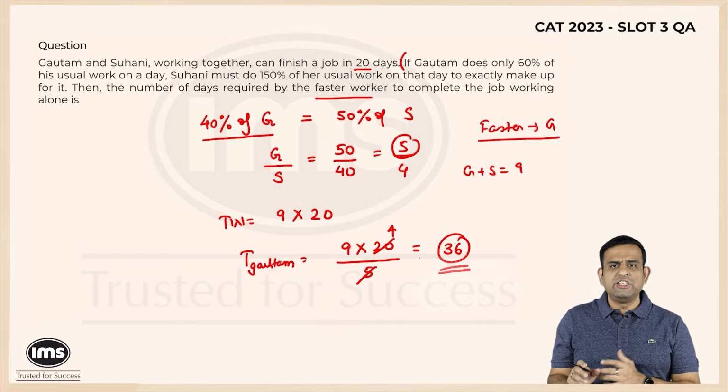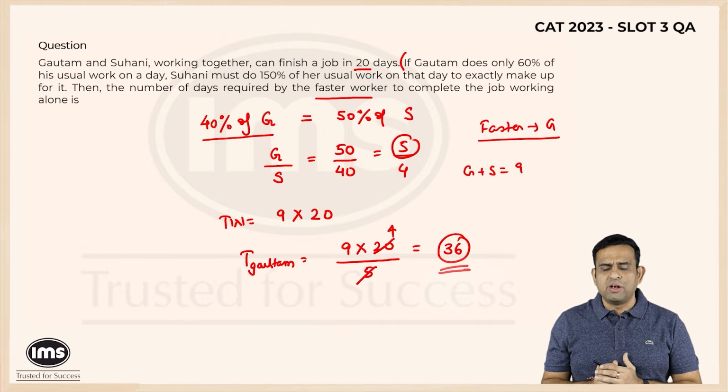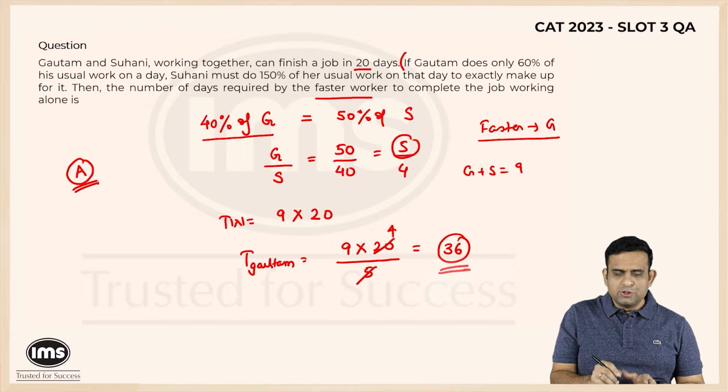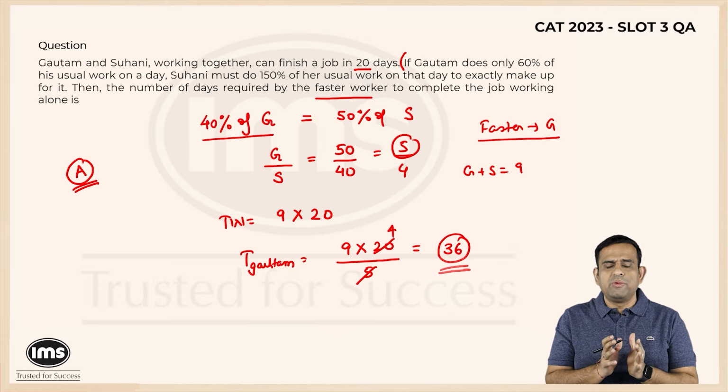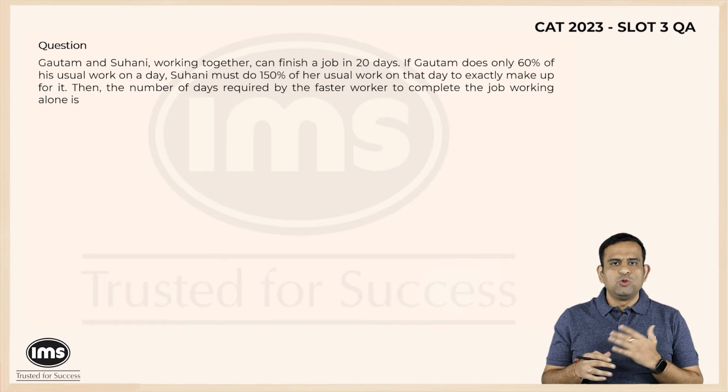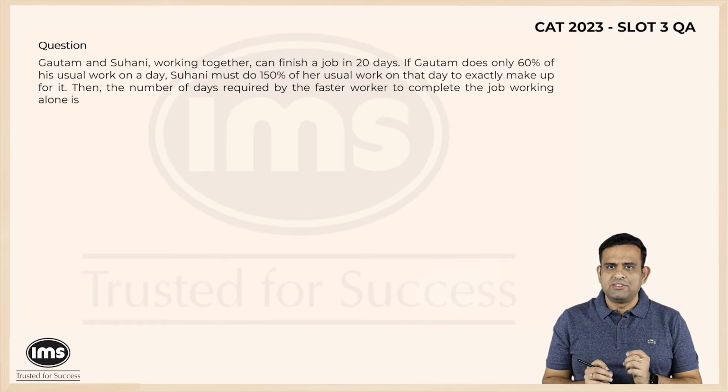So again, I would say a straightforward question on time and work, and this also I am going to call it as A category of problem. So given a tough algebra, you should not miss out on these easy questions of arithmetic. Now, those who found the previous part slightly difficult,